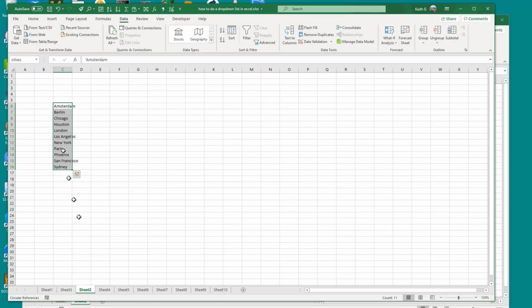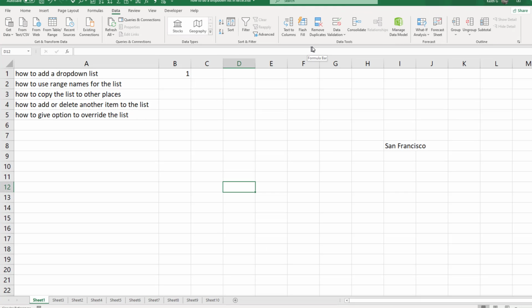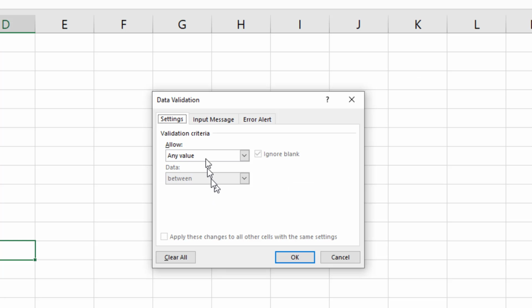So we can also use this for the drop-down box. So supposing I want to create a drop-down box here. So what I do is the same thing as before, click on data validation. So data validation is what Excel calls drop-down box. It doesn't actually call it a drop-down box, which is what everyone else calls it. So no matter what you call it, just click on that, data validation, then the same thing, list, and then